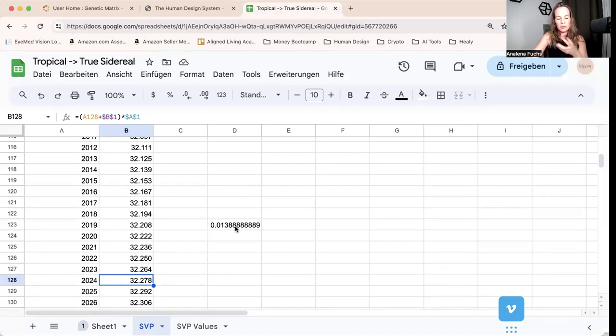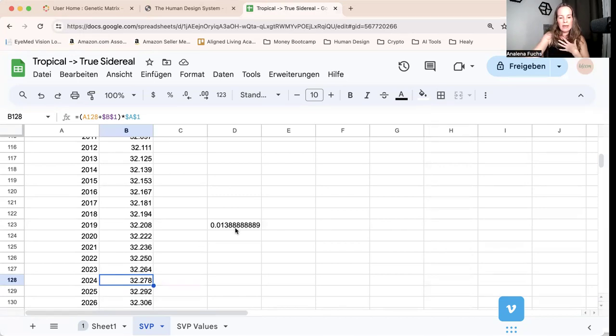Basically, with the true sidereal, we are looking at what's really in the sky, and this just has much more resonance to me. Over 2000 years ago, tropical and true sidereal astrology were the same because it was what was in the sky, but we have a precession of the equinoxes. So every 72 years, there's a 1-degree shift that tropical astrology doesn't take into account. For me, that is a flaw, while I also find tropical very valuable.